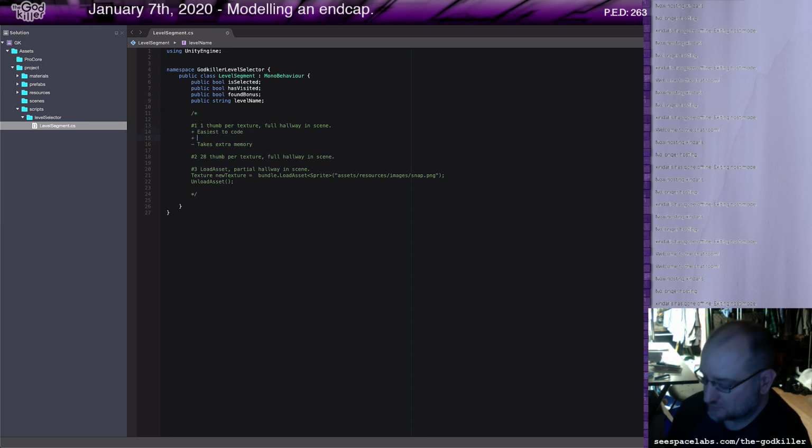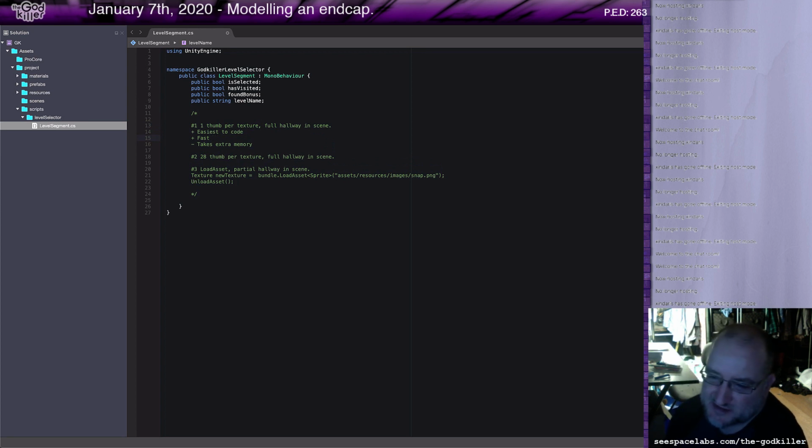Pro: fast. No question about loading in things. I mean, as long as I've got enough video memory to load in all of the thumbnails into textures, then that's fine. Or I should say